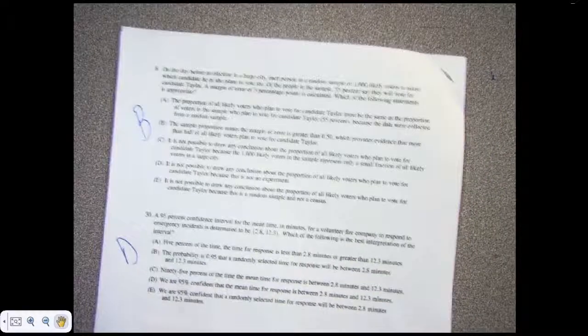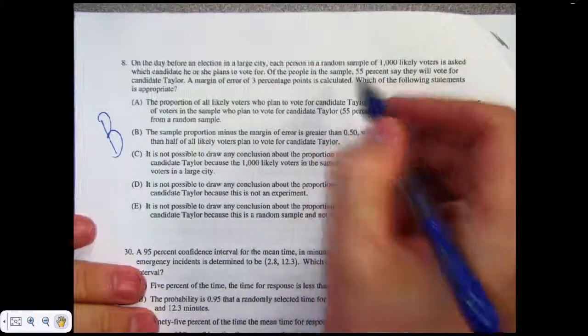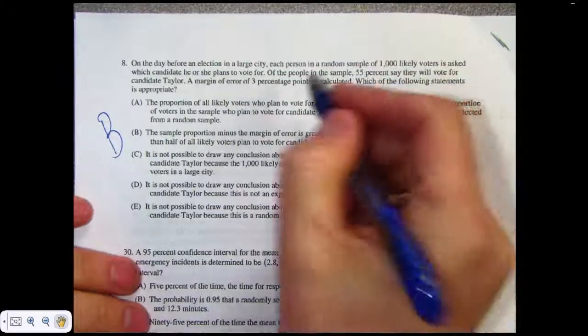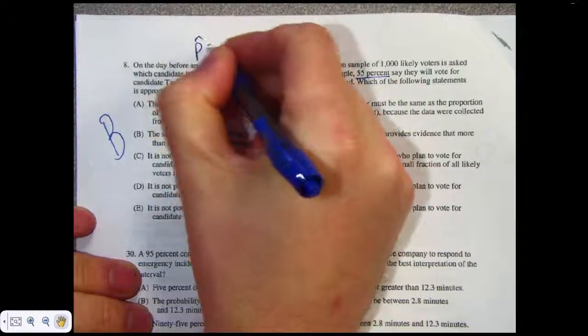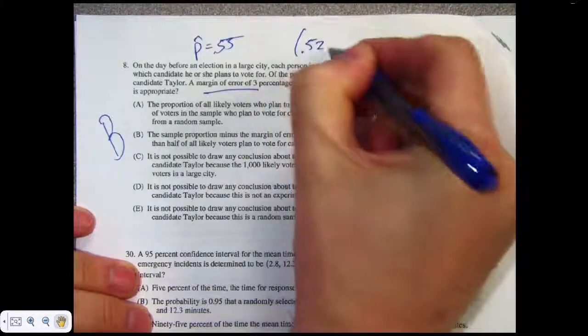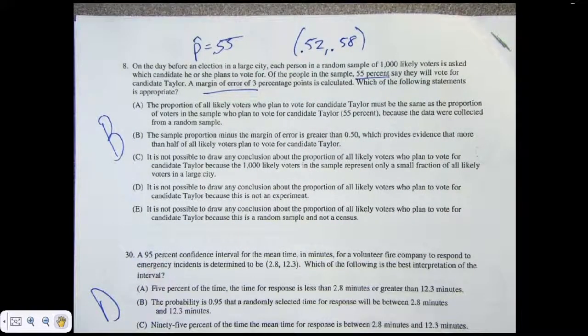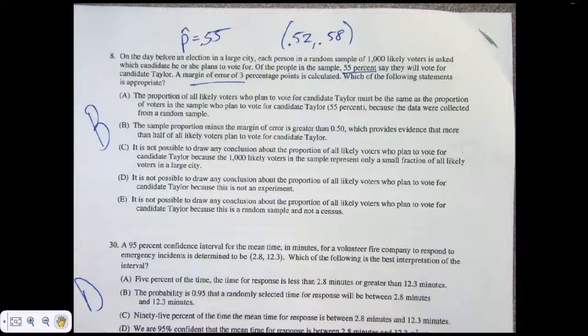Alright, on the back page. This is a tough one too. I shouldn't even put this on here, but I'm going to talk through it anyways. They get a sample. This is a proportion interval, which is the next thing we're doing. They give me a sample of 55%, so p hat equals 0.55. Margin of error is 3, so that means it's between 0.52 and 0.58. I go 3% each way from 55, which gets me 52 to 58. They do not give me any of the ones that talk about capturing the population mean. None of those say capture the population mean.